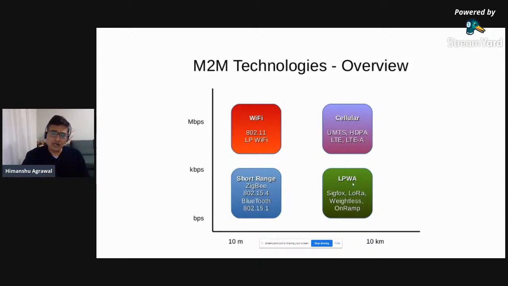So low power wide area networking protocols are fitting quite well into this space where you are aiming for longer range to cover wide scale or large scale IoT applications, right?